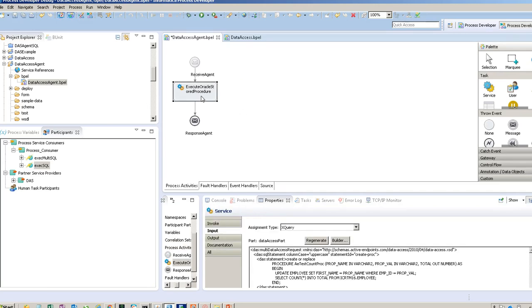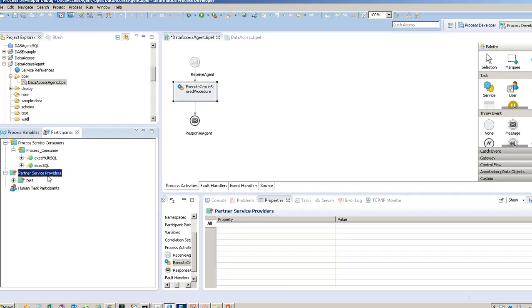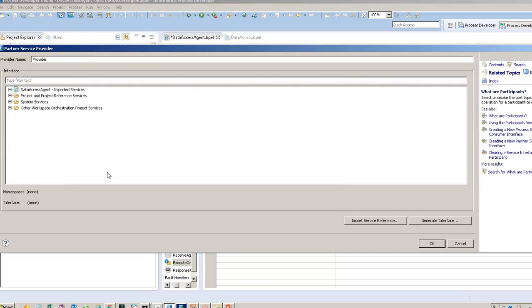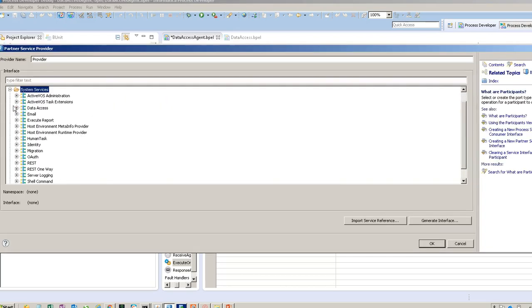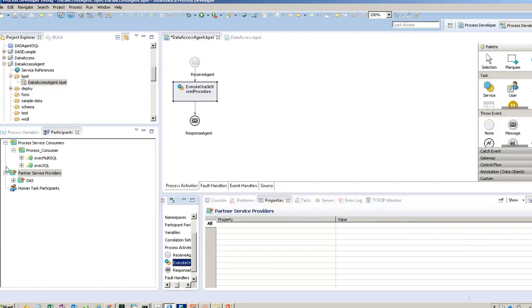Now, here is the important thing. Here is how you create the data access service: right mouse click, and then there are a bunch of services under the system services, and the one that you would need to take is the data access. It doesn't matter whichever you choose from within these two operations. As soon as you create one, you're going to see both these operations, and I'm going to be pulling in execute multi-SQL because if you look at the logic that I have here,